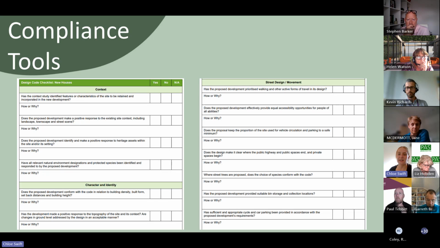The examples shown in this presentation demonstrate the different ways our development management team are using the code. Our development management team have a very usable, user-friendly code to direct applicants to when considering the design of developments, and it's particularly useful for the duty planner service. The design code also gives our development management team that extra bit of confidence to refuse applications on design grounds and further supports the application of our local plan policies.